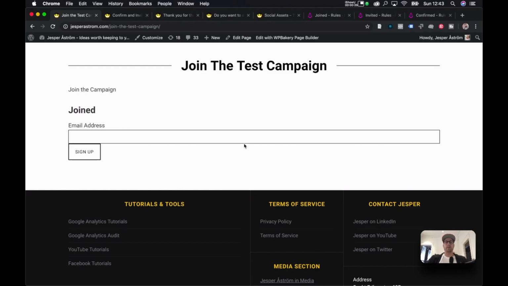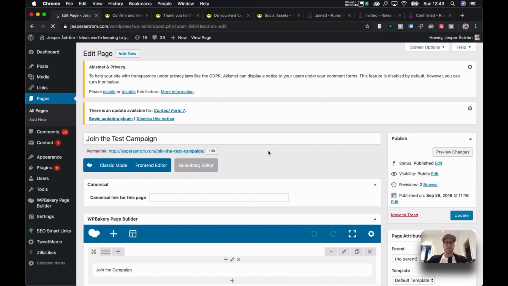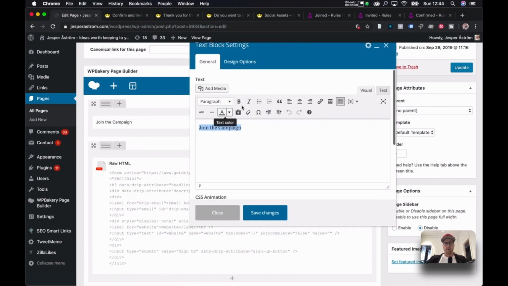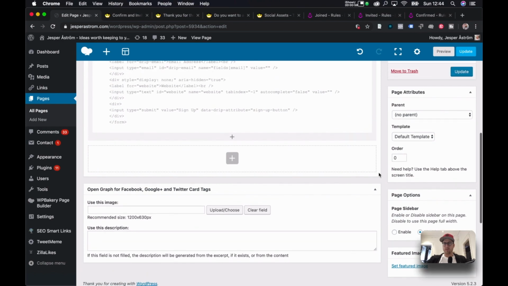Alright, so as you can see, this page doesn't look very nice, not very neat, and not appealing at all. You wouldn't get people to join this campaign even if you screamed or threatened them, I guess. But this is the landing page where we wanted to land. And just to show you how to edit these pages, the first page should have some section about joining the campaign, and we're going to call this a heading 2, save, and then we are going to remove that